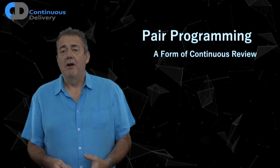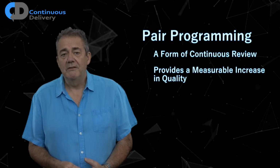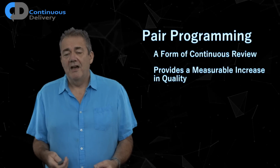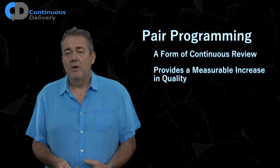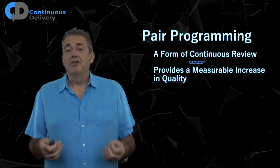So I could cure that by having some form of always-on review. Pair programming. The result of this is a measurable increase in the quality of the code that we produce. All of the studies that I've ever seen show this increase in quality. Why is this the case? Well, the studies show that